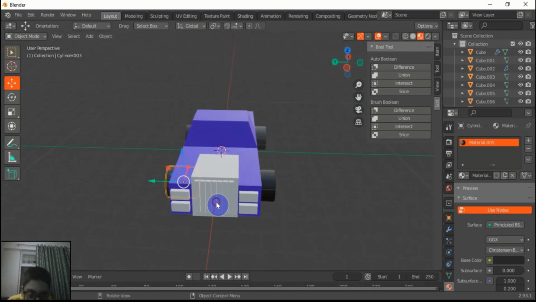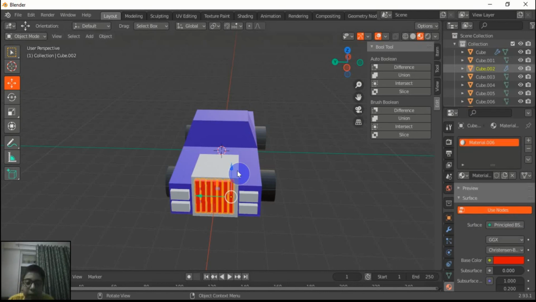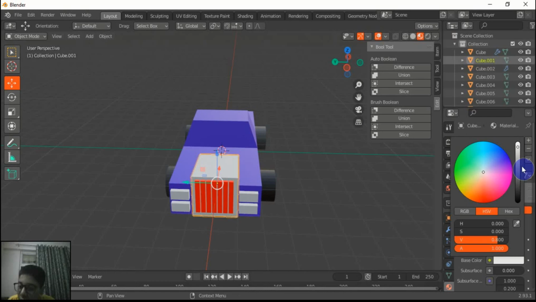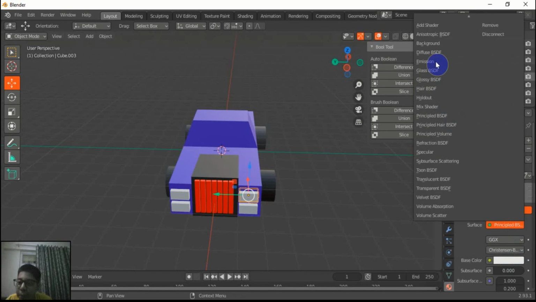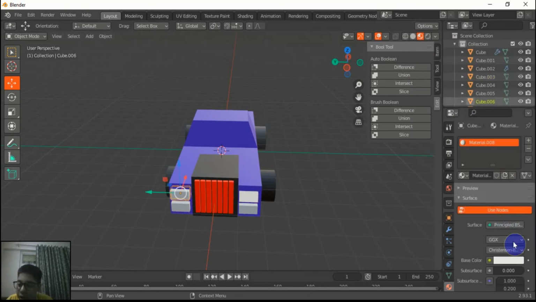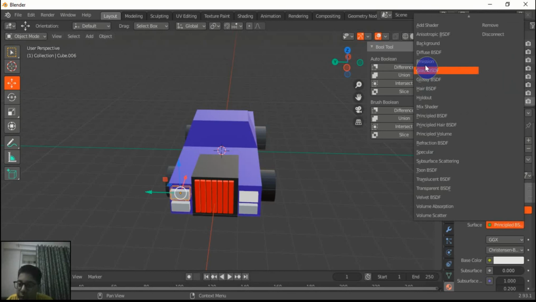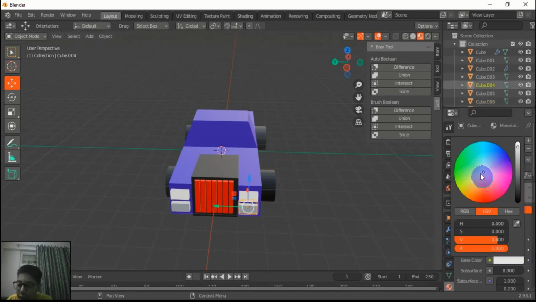I'm making this grill red. And this bumper, I'm making bumper also black. For this tail light, the surface should be emission. For this also emission. And this will make it with normal one only.